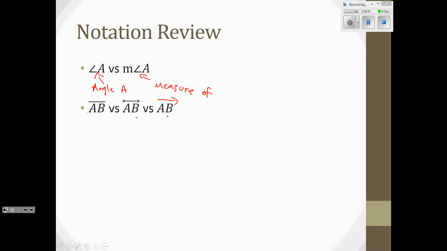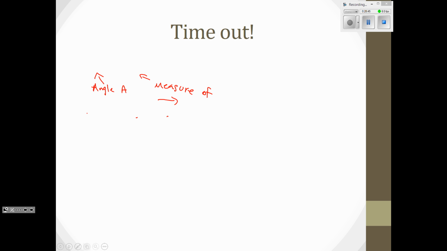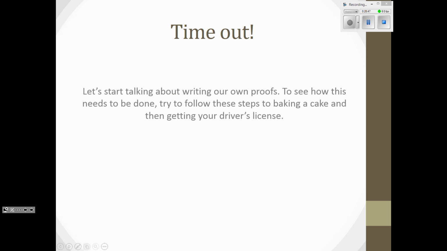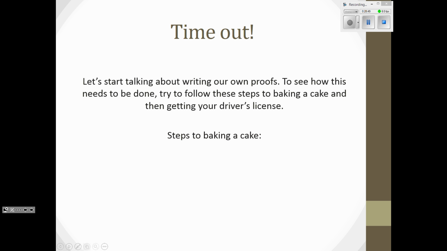Lines have arrows in two directions. Line segments don't continue on forever in either direction. Okay? It won't have arrows on the end. It'll just be like that. Okay. All right. Now, one thing before we start talking about